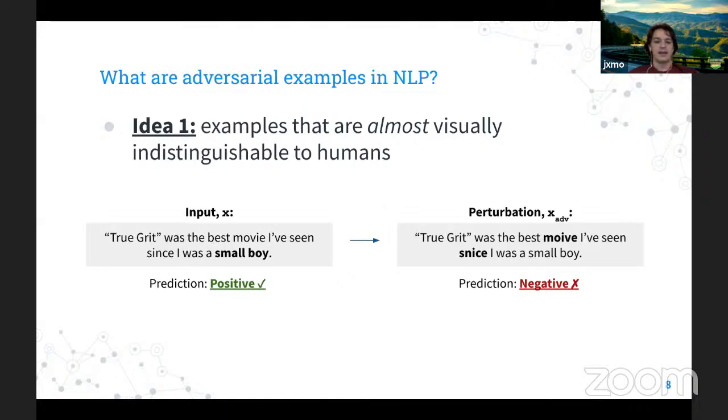Now we added a few typos here. Movie got changed to "moiv", switched 2 letters here, and since was changed to "snice". So they switched around 2 letters there, and the prediction changed to negative. This is pretty interesting. And if you are deploying one of these classifiers, or if you're deploying a translation model,